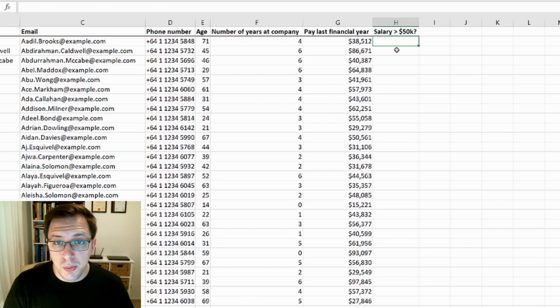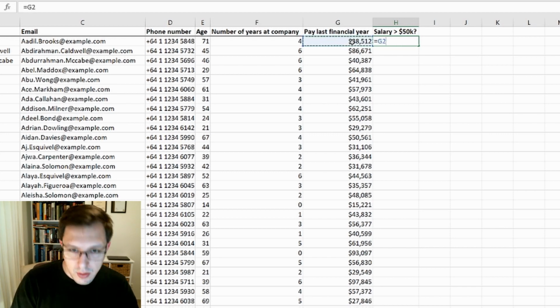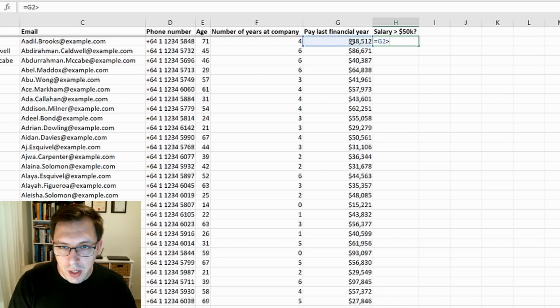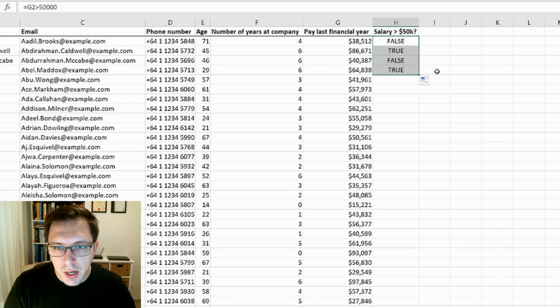The first would be just with a logical test, and the second would be with an if statement. I will do the logical test first. What you would need to do is type equals, the salary, is greater than 50,000. There we go. And in this case, that's false. And if I drag that down using the little drag handle, I can see that in this case it's true